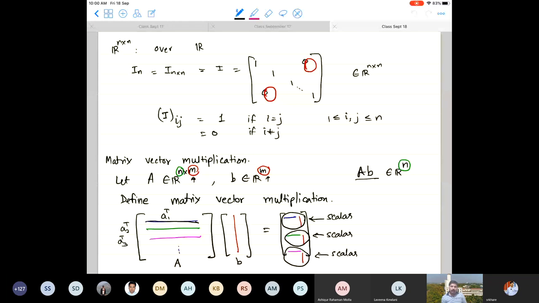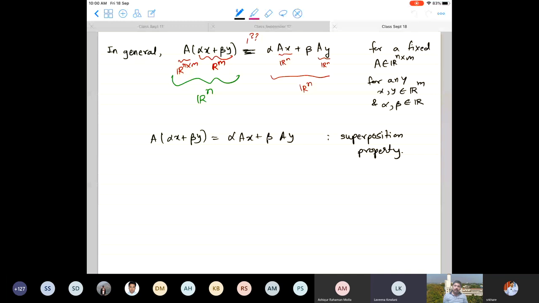This is the definition. What is the definition of matrix vector multiplication you had seen? It says that in general, when you have a matrix of dimension n by m, and it is multiplied by a vector of R^m,